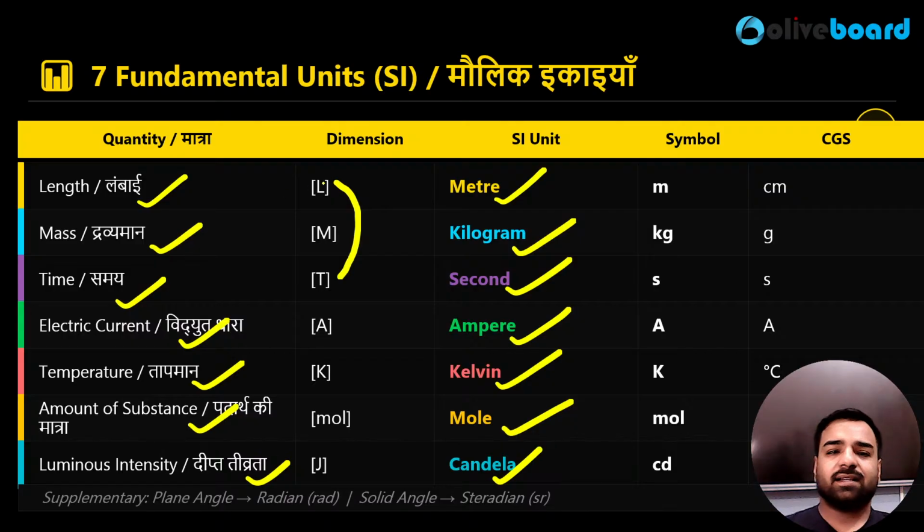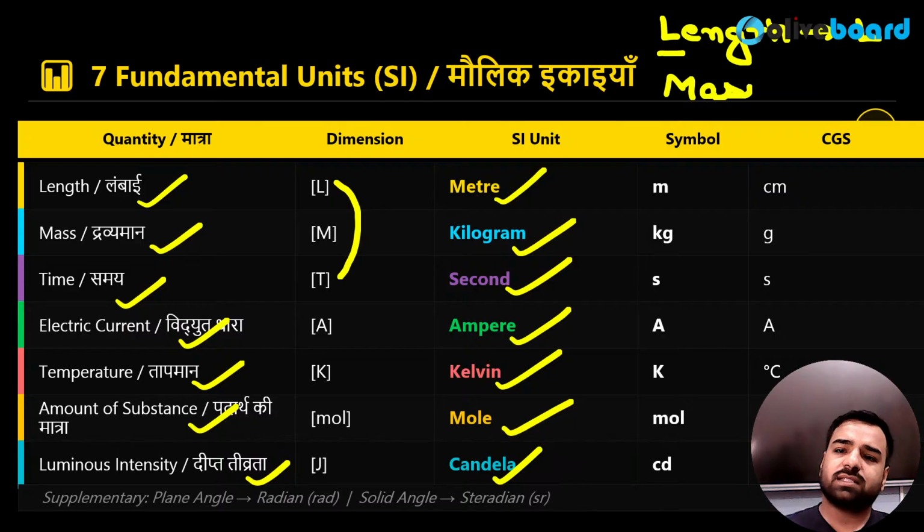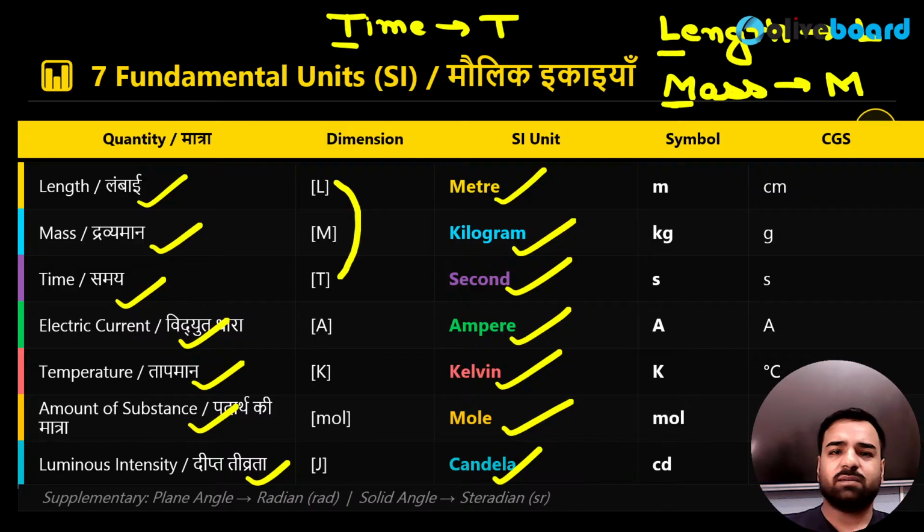Now, guys, dimensions, for example, let me talk about length first. While writing the spelling of length, if I go with the initial, this L is denoting the dimension of it. Similarly, if I discuss the mass, again, M is there in the starting. So M is the dimension of mass. And similarly for the time, we have dimension T here. And in most of the cases, this is the only sufficient part for a syllabus.